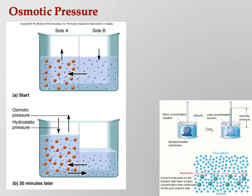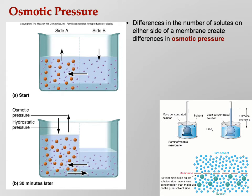Okay, osmotic pressure. This turns out to be a huge concept in Bio 202 because it determines the movement of fluids inside of your body. So, osmotic pressure, what do we mean by that? It's a difference in the number of solutes on either side of a membrane, okay? So, like on the left-hand side, look at that beaker on the top, okay? So what's going to happen is we're going to see it's got little small solutes in those little small purple